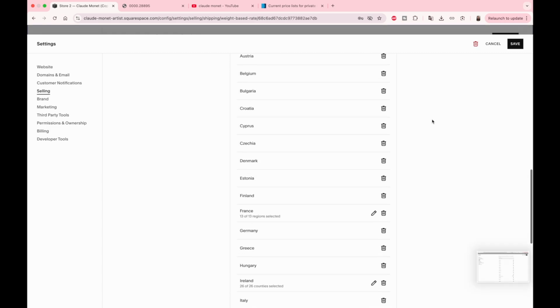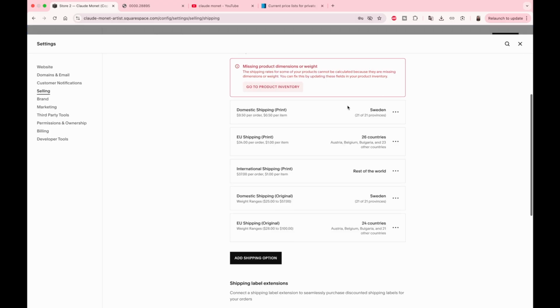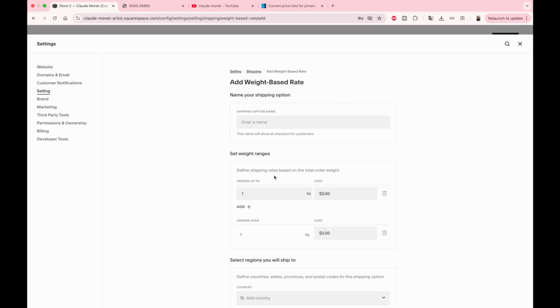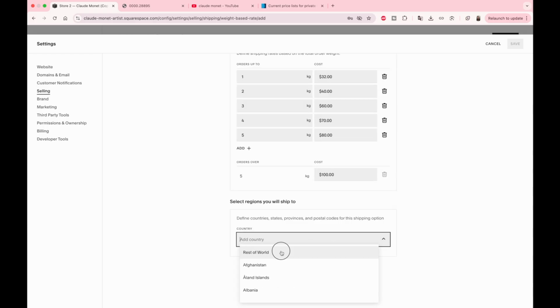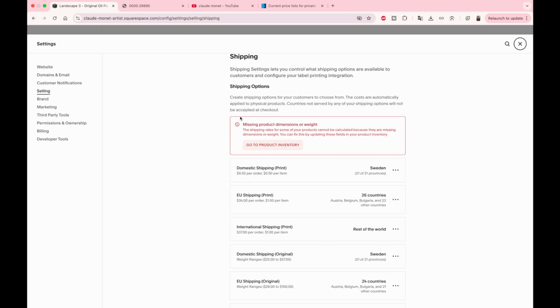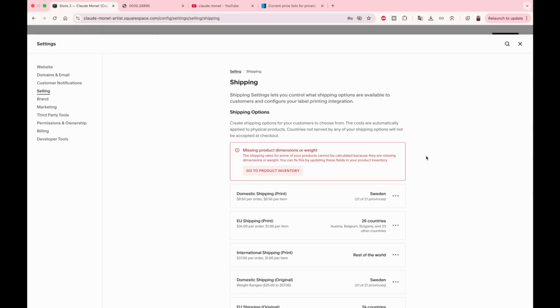And then I'll need to select each EU country one by one and save. I add the prices for the international shipping as well, selecting again the rest of the world for the region and click Save. Okay, so I got this error message, but it's not an issue actually. It's only because I did not add the weight for the prints, but for the prints I don't need the weight. For the originals, I included the weight already when I filled out the product details in the CSV file,